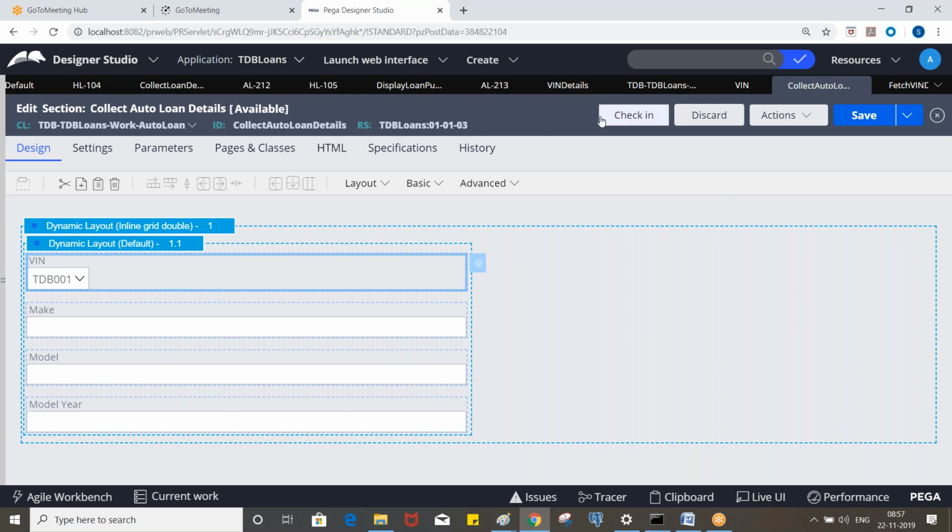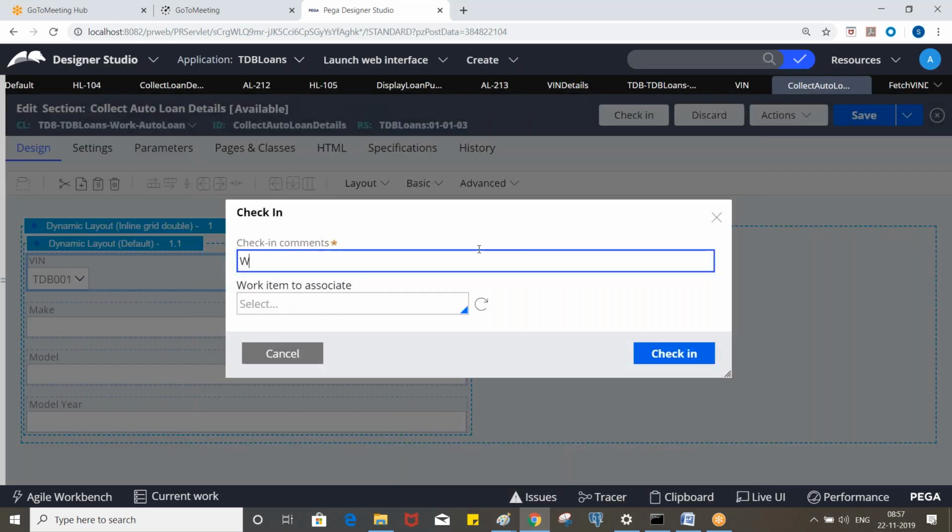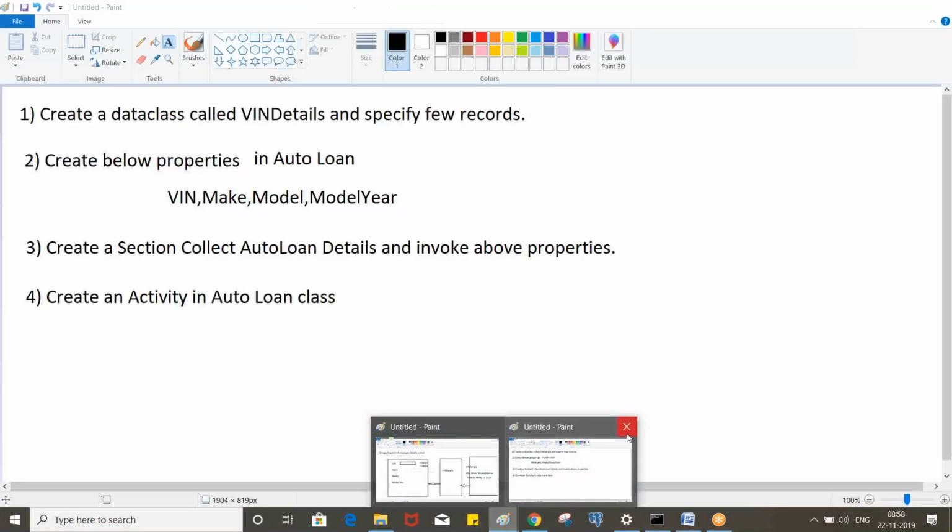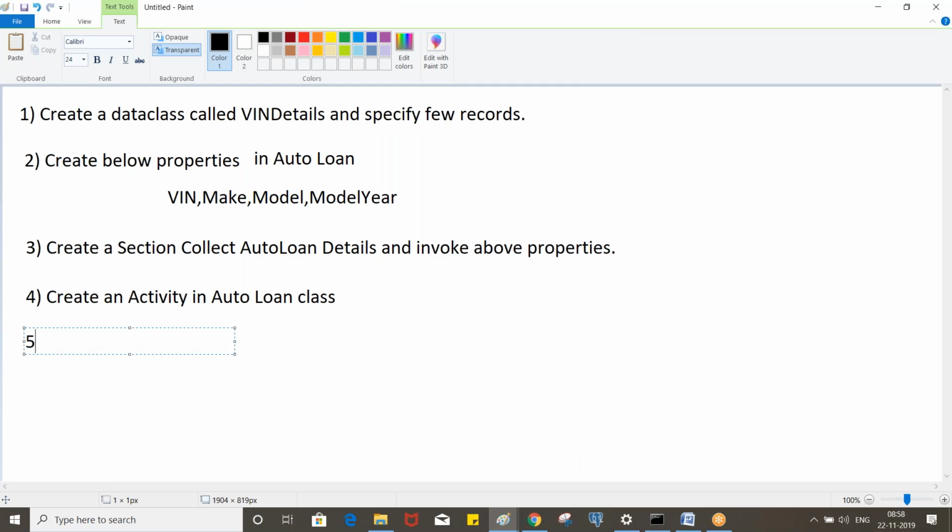Okay. So we have a section. What is the next step? Create a flow action and invoke the section.